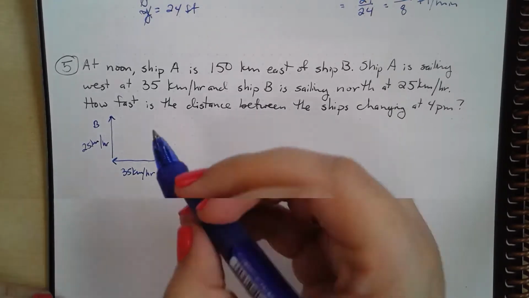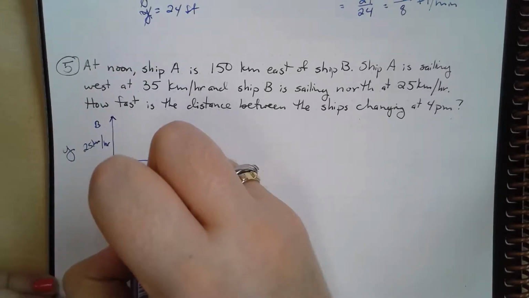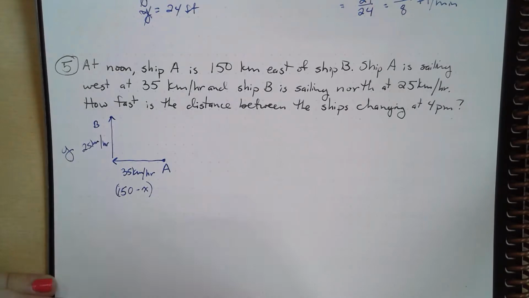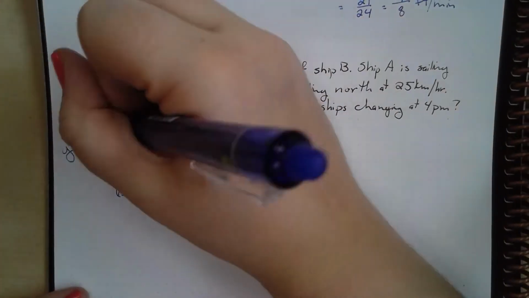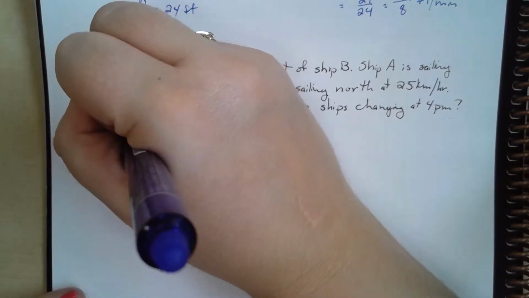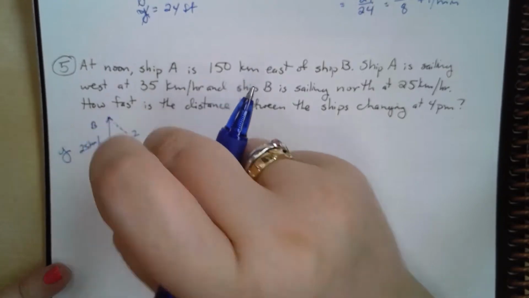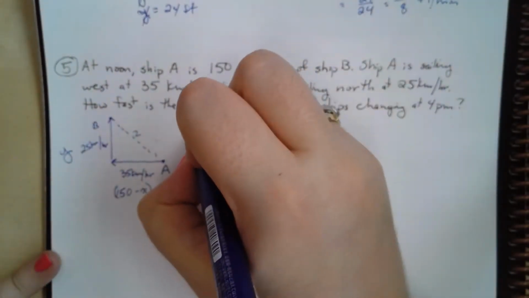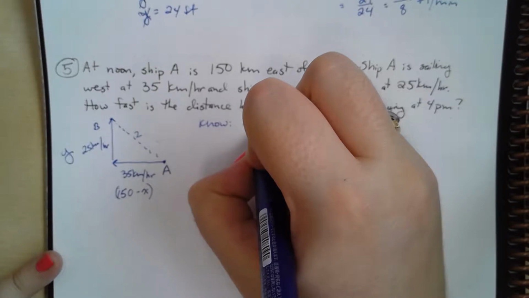Well, that means if ship B is on the y-axis, ship A is going to be 150 kilometers minus the x value, right? Okay, so this problem is a little bit more complicated, but we can definitely do it. We know that this value here is going to be z, right? But we also know, and we've written this before, that x squared plus y squared is equal to z squared,